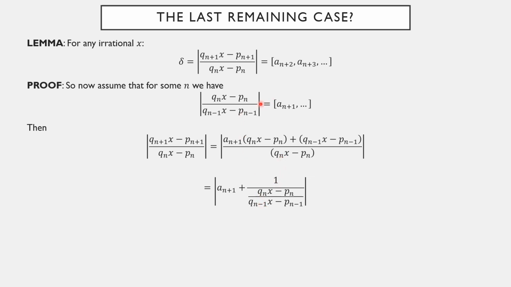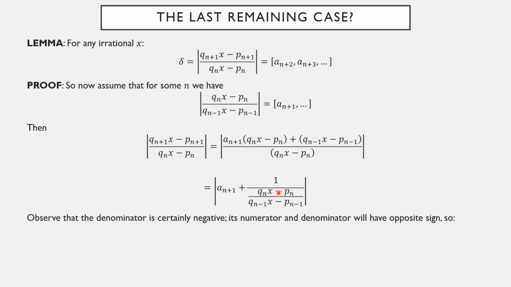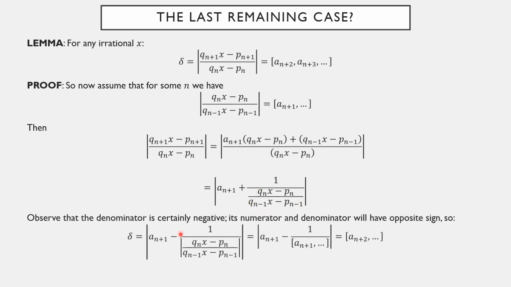This almost looks like our inductive assumption, except there's an absolute value. But whether n is even or odd, one of these is positive and one of them is negative. In other words, this is definitely a negative number. So I'm going to write it as minus its absolute value. And now I can make my inductive assumption that this absolute value is this continued fraction, but this is 1